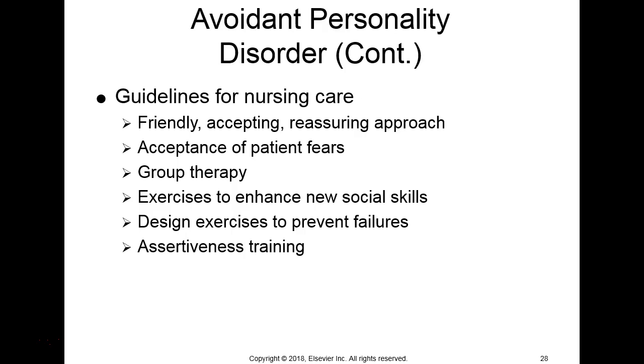And assertiveness. They really aren't very assertive. They may be so avoidant and so shy and not really being able to take risks very well. They don't get their needs met. When you're assertive, you're able to get your needs met and you're able to speak up for yourself. But if you have this avoidant personality, you don't necessarily have the self-esteem to speak up for yourself and to try to get your needs met. So some very important aspects for us to think about.